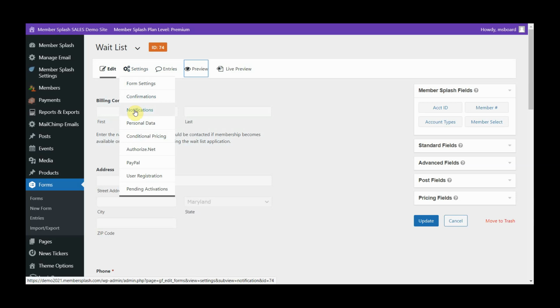Notifications is really about who at the club should receive a notification when this form has been completed. In the case of a new membership application, you want to make sure, perhaps, that your membership chair will receive a notification that a new form has been completed. Of course, you can always look at form entries at any time to see how many forms have been filled